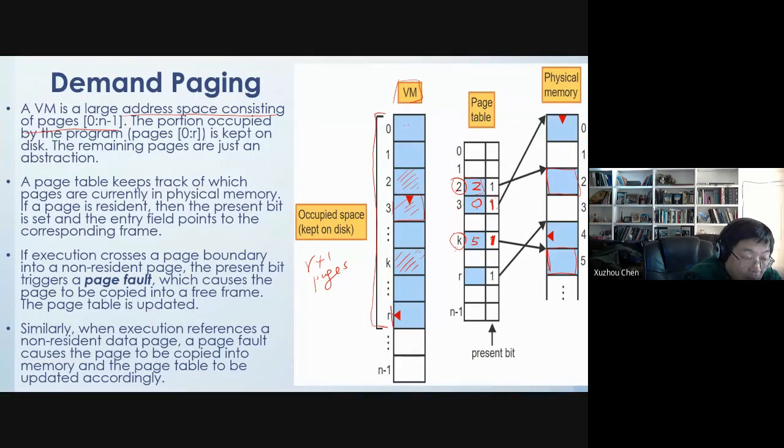Page R is also loaded into frame number 4. R is mapped to 4, right? And any other pages are not loaded. Okay, so if the computer is currently executing instructions in page number 2, that's okay, and you continue